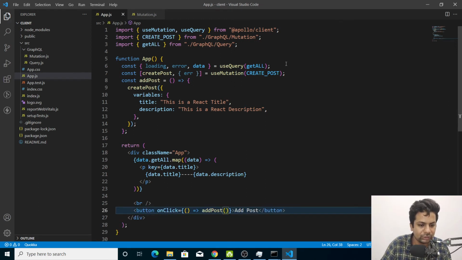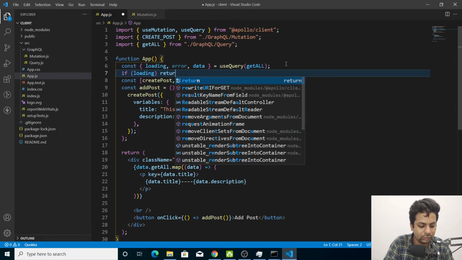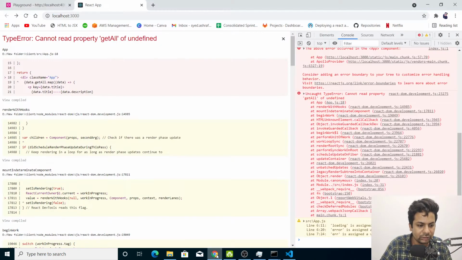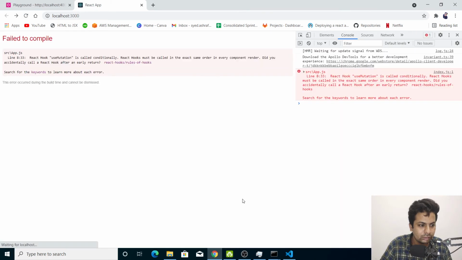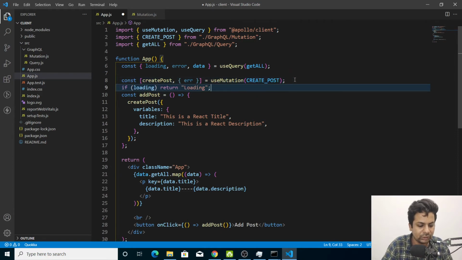So let me just do if loading, return loading. Since I'm using mutation, I have to put it after here. Now I think it will work.